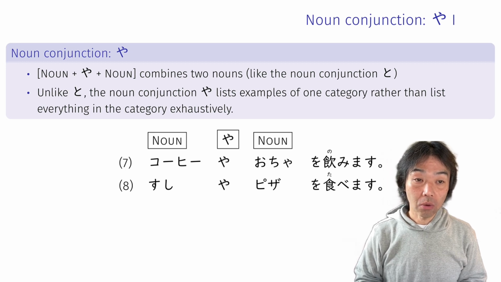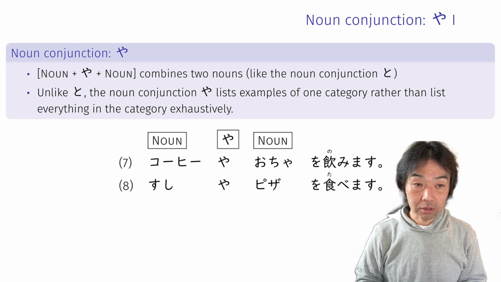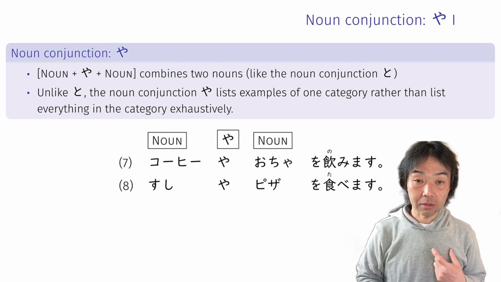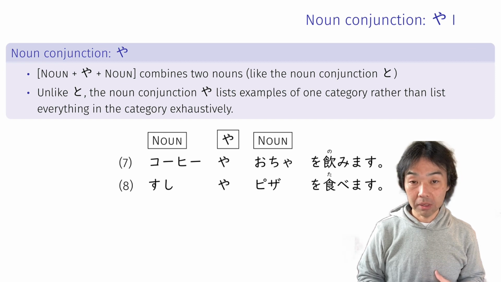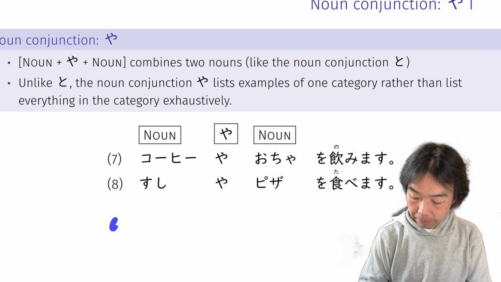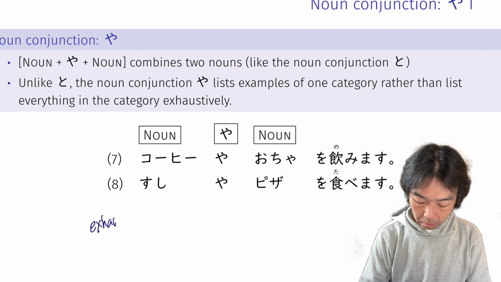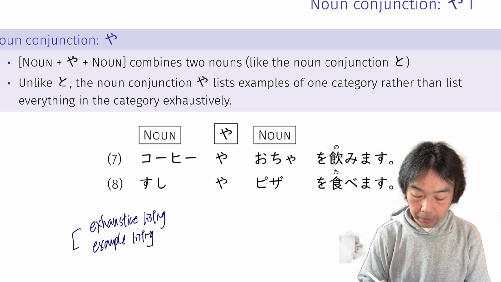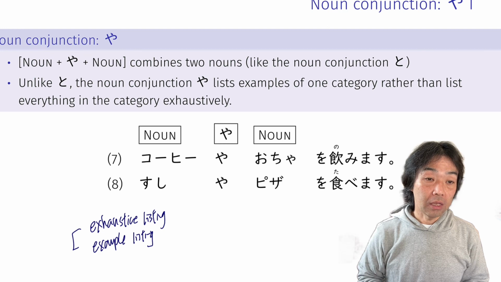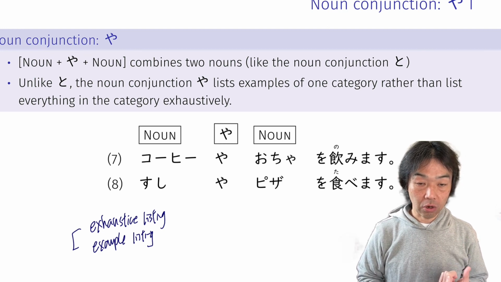When you translate to and ya, both of them are translated as "and" in English. Again, there are some features that English grammar doesn't show, while Japanese shows as a grammatical feature, which is something called exhaustive listing and example listing. In Japanese, the distinction between exhaustive listing and example listing appears as a different grammatical feature, which English